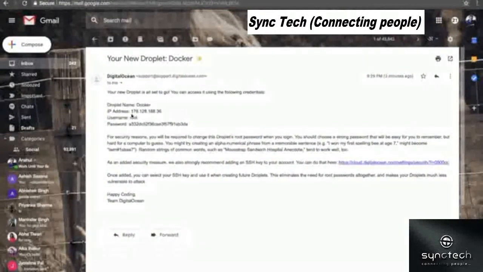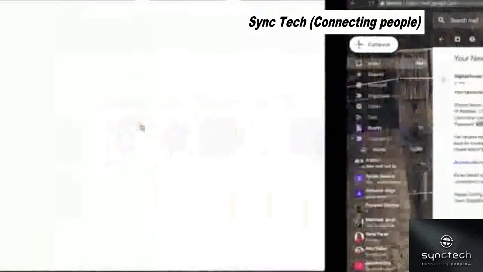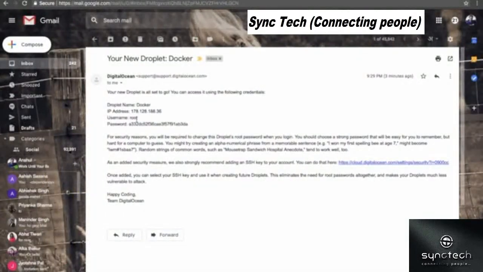Over here, I am getting the IP of my machine, the username and the password. I simply copy the password to access my machine. Go to my terminal and change the username to root. As we can see, the username of this machine is root. The password is this auto-generated password. I have already copied that password, and the IP is